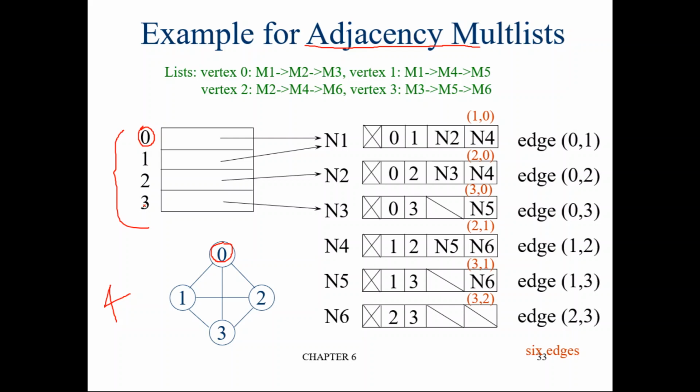Now when this pointer is pointing to n1, it means it is talking about this edge 0 to 1. One edge completed. But it has how many other edges? 0 to 1 is done, but it has 0 to 2 and 0 to 3 also. How are you going to go through that? This is corresponding to vertex 0. You have already done 0 to 1, so now which pointer do you take?